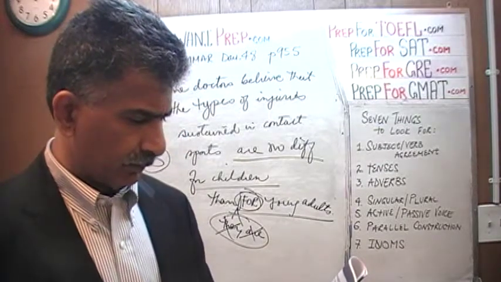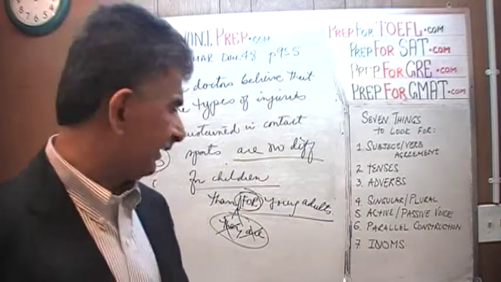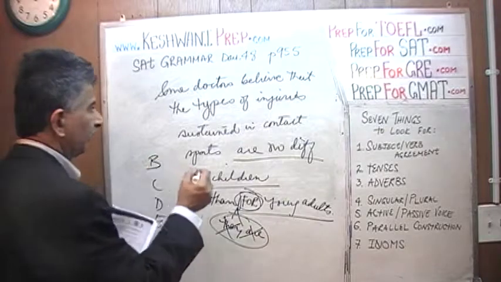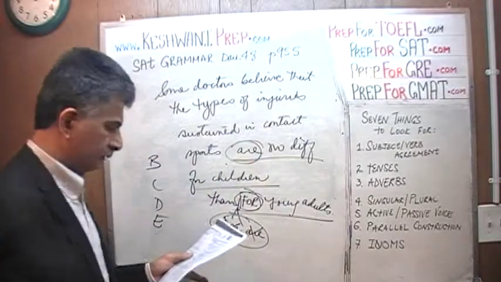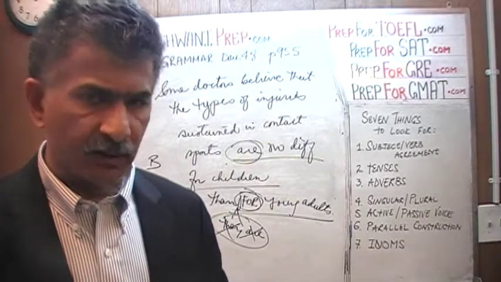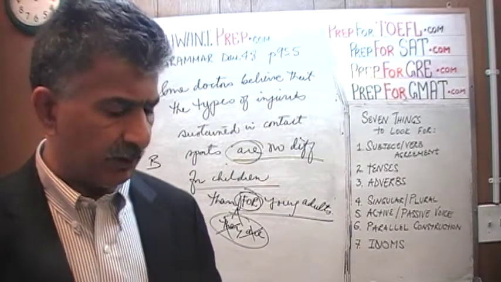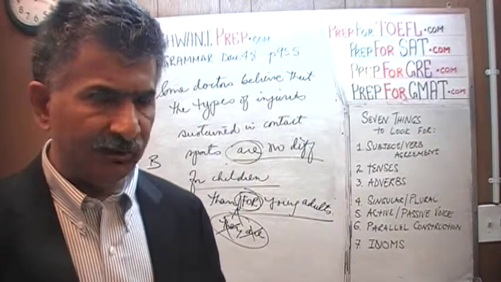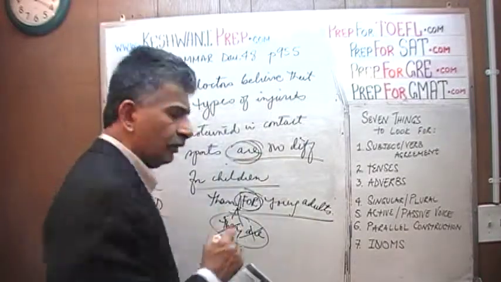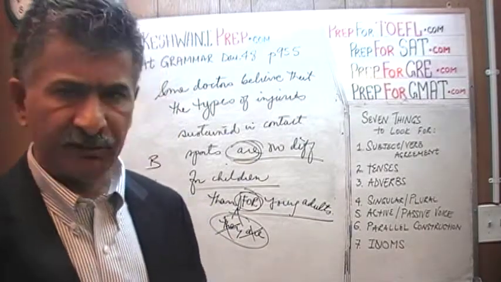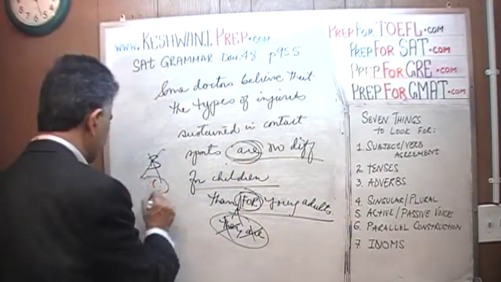Oh, I read C, but I said B. It's not B, it is C, because first of all, we have to have plural here. B does not say plural. They are no different for children than for adults. That was C that I just read, not B. B says is no different. It's not is. Not only does it say is, it has singular instead of are. But then it goes on to say is no difference for children than being young adults. That's ridiculous. The answer is not B, the answer is C.